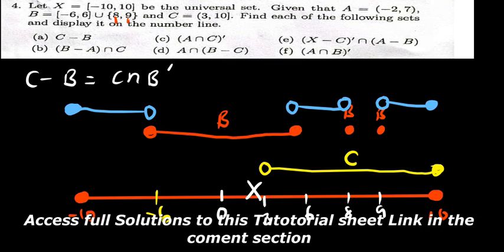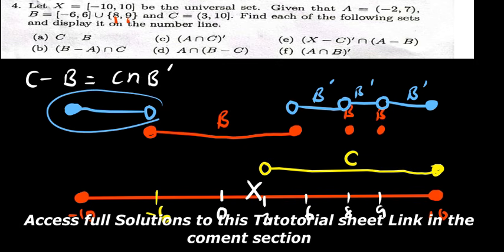What does it mean? B, so this is also B complement, and also B complement. What it means there is that at 8 there is open, meaning 8 is not included. At 9 is open. So it is intersection. We want the part where it is intersecting with C. We are not interested with this line, although that is also B complement, but we're not interested. There is no line for C this side, but we want the line where this C and B complement will meet. It is at 6,